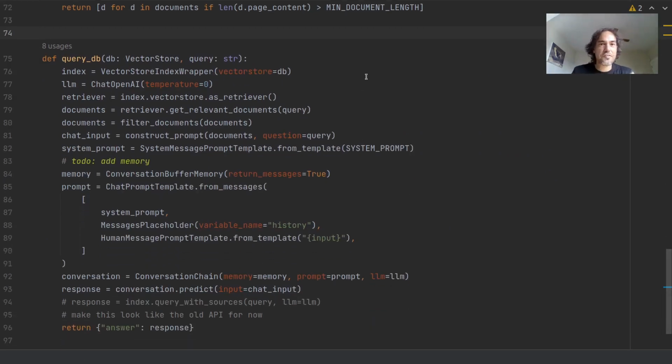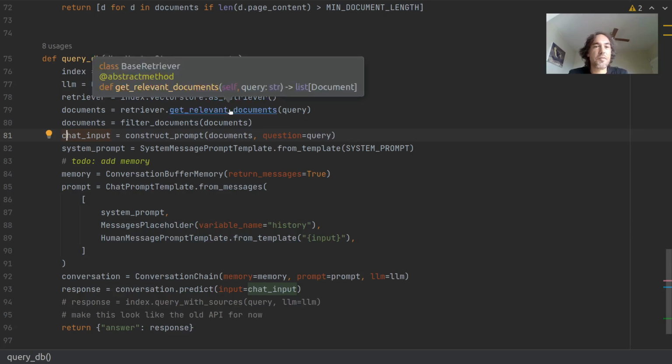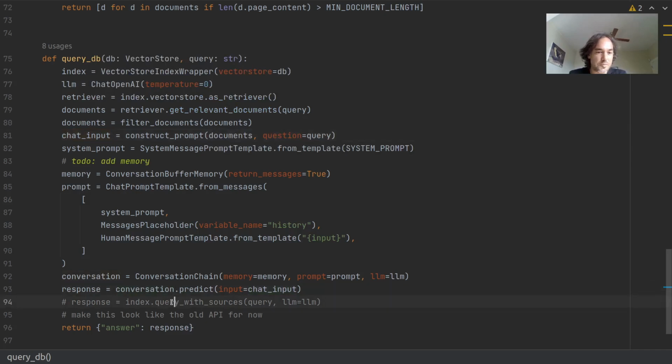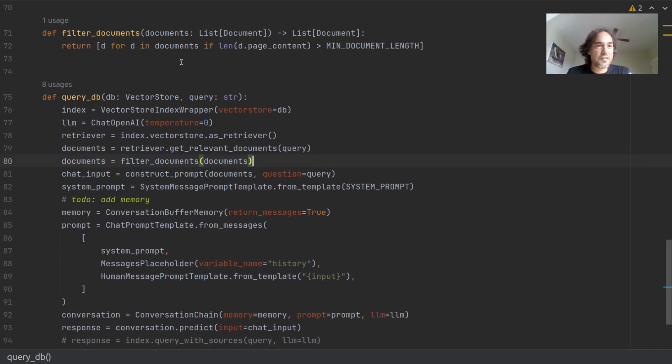First we get our vector store index, which is in all the LangChain documentation. So that's nothing novel. We're going to use the ChatOpenAI LLM instead of the OpenAI LLM, and that gives us the chat access. Then we just manually turn this vector store into a document retriever. And from the retriever, we get the relevant documents. So again, I just dove into the source of what this function was doing and chased out that it was doing that. We run that little filter here to pull out the tiny documents and remove them.